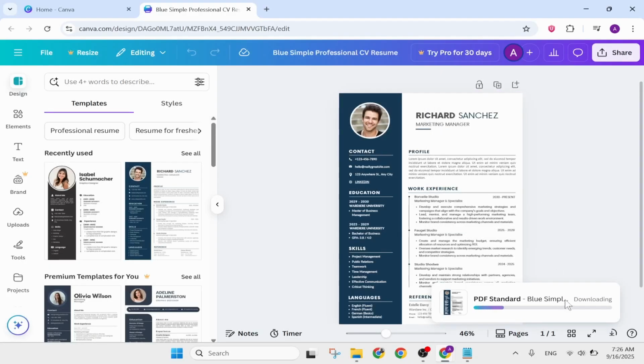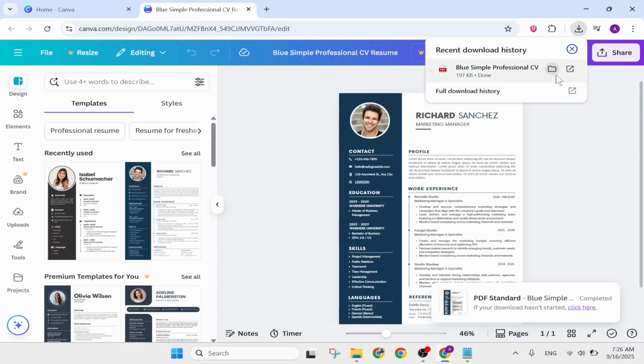After you tap on download, the download should begin. There you can see completed. Open up the file here,